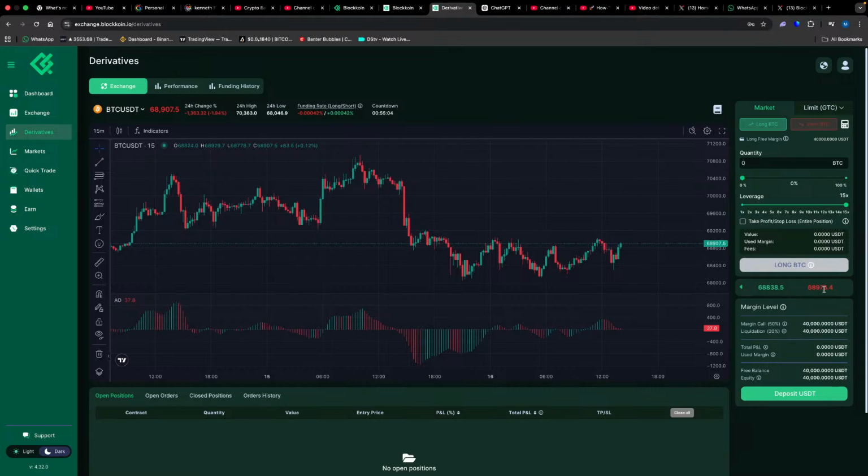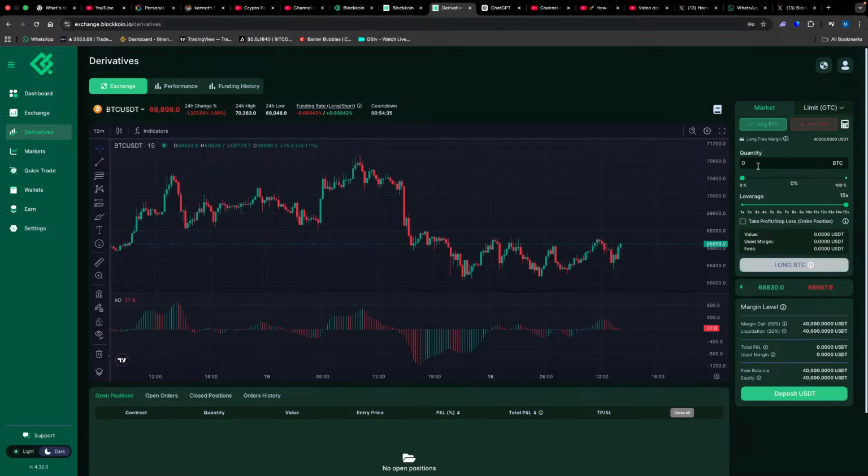So step 5, position size. If we look here on the right again, we have the quantity. This controls how much of your balance you are risking. As you can see, in my balance I have about $40,000 over here, 40,000 USDT. So I can trade with 40,000 and less, of course. If you use 100% of your liquidity over here,